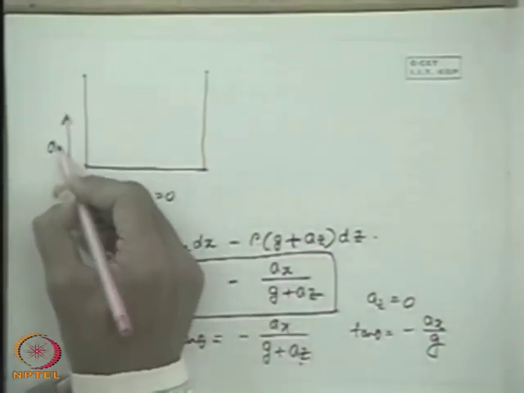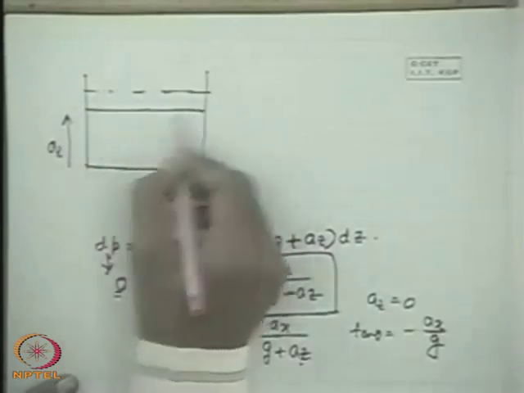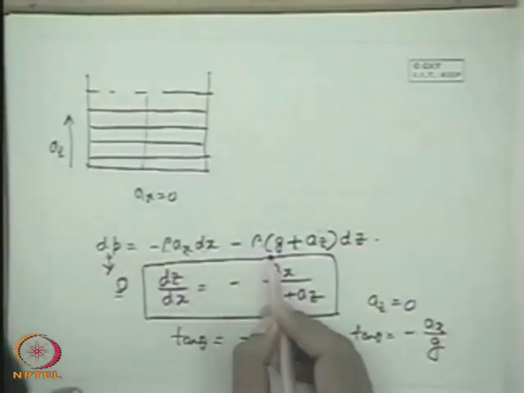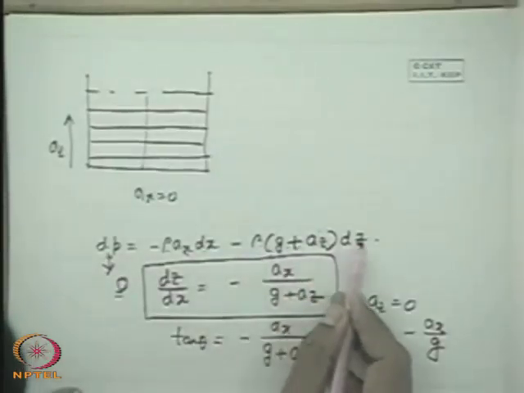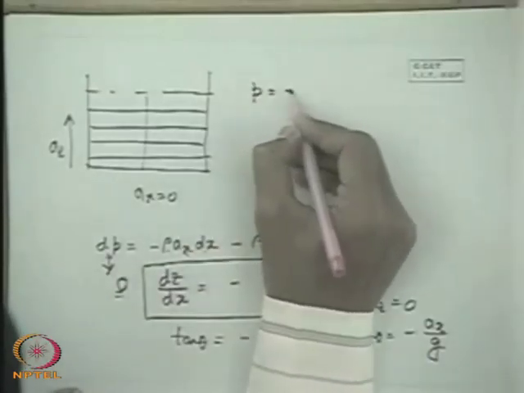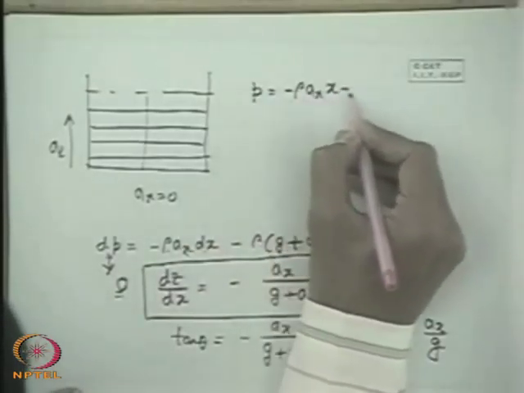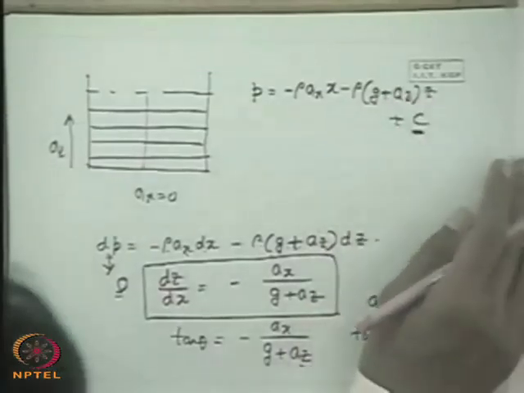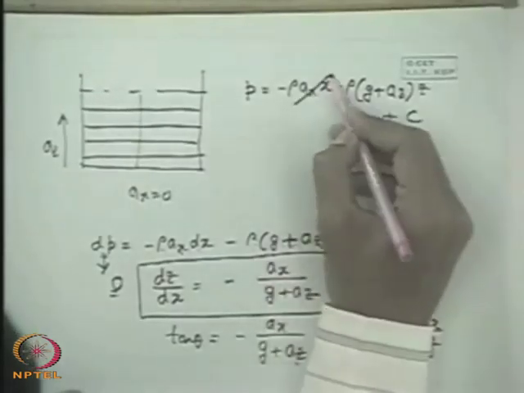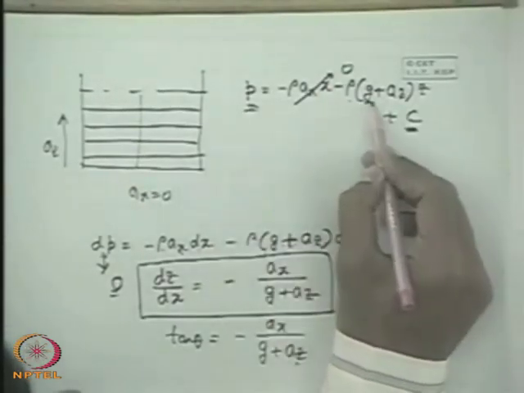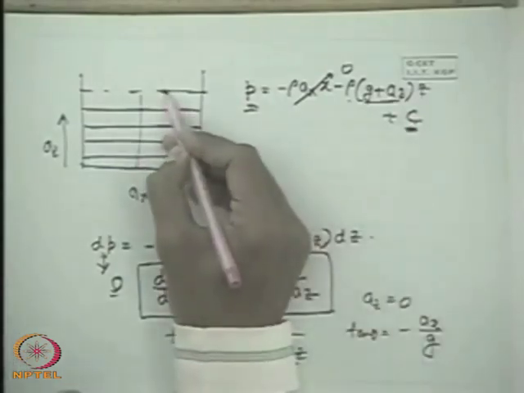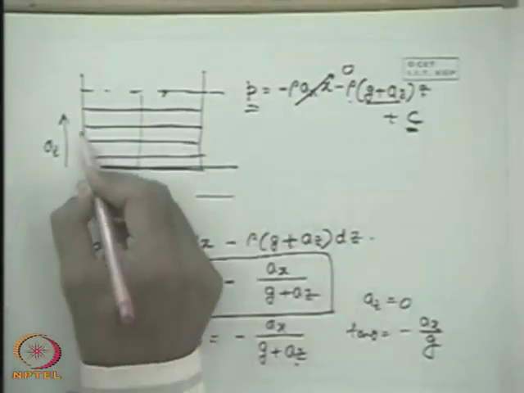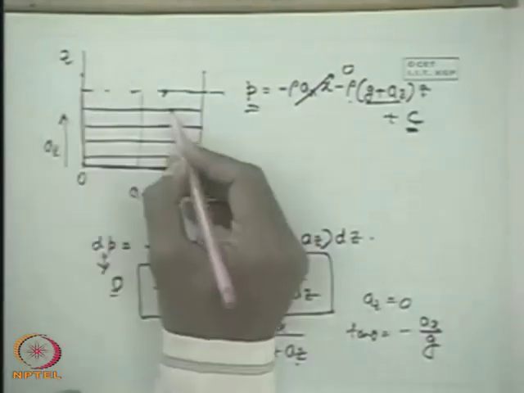When ax is 0 and there is an az in that direction, then the liquid free surface will remain horizontal as it is. But the pressure distribution will change, because dP is minus rho g plus az dz. Alright, that means if we integrate it, P is equal to minus rho ax x minus rho g plus az z plus c, an arbitrary constant. So when ax is 0, P is simply given by minus rho g plus az z plus c. If we consider a free surface from any datum plane, we could take this as the axis, Ox, Oz. So if this be z0,